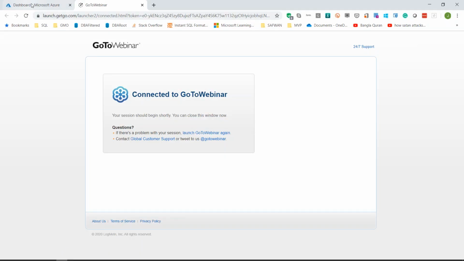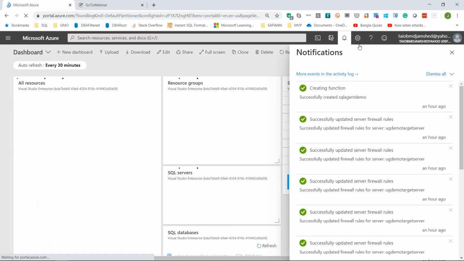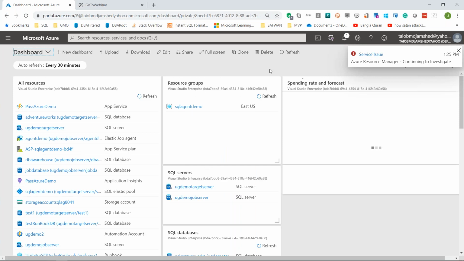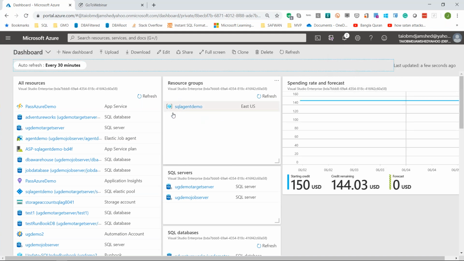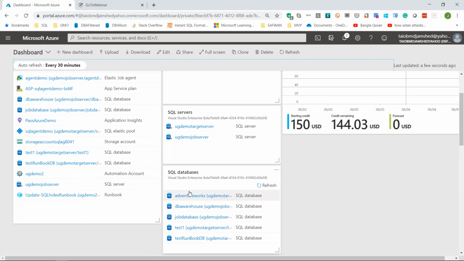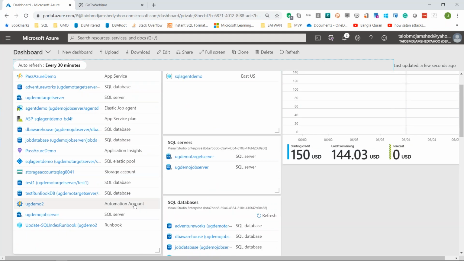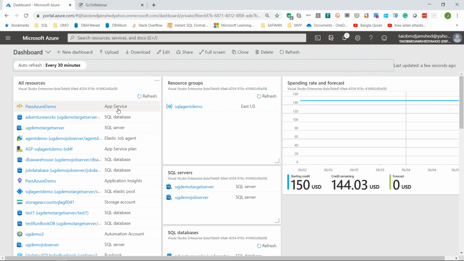So if we go to my portal, they had a major issue this morning with the resource manager. I don't know what I'll run into, but hopefully things will run smooth. It affected many regions this morning. This is one of my resource groups, SQL Agent demo, and I have 2 servers. I have a bunch of these databases, and a storage account got created. I have an automation account that I'll show you the runbook for, and I also created an app service which has the function that I talked about. And I also created an Elastic Job Agent,